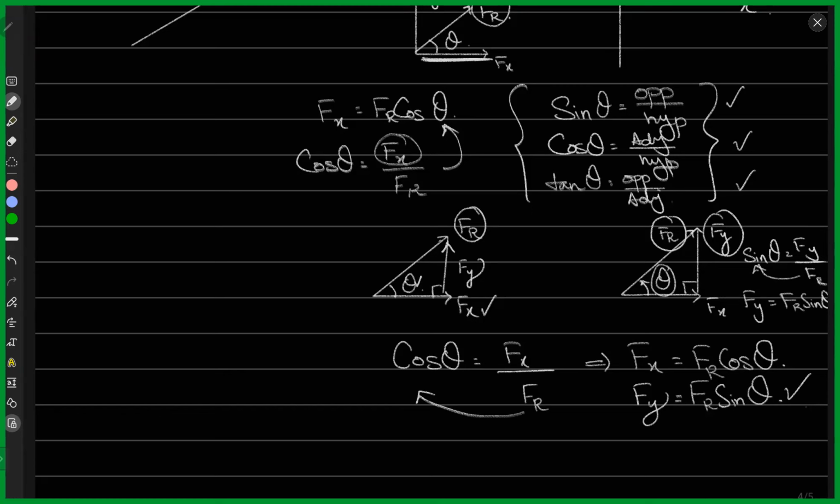Does that make sense now? I have a question. Yes. Will we be able to use tan theta to find fy? Okay, suppose that you use tan theta. Let's do an experiment and see what happens. Suppose I take tan theta, then tan theta is opposite over adjacent, right? So the opposite side is fy, but the adjacent side is fx. Now, this can help you find the angle theta, but you cannot really do anything else with this expression, because